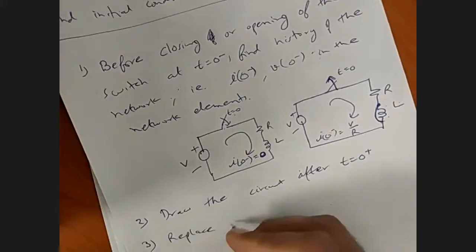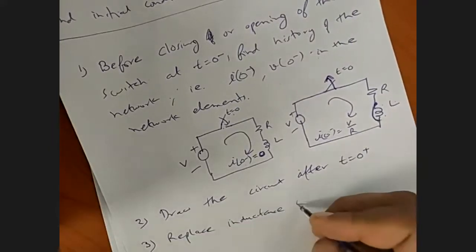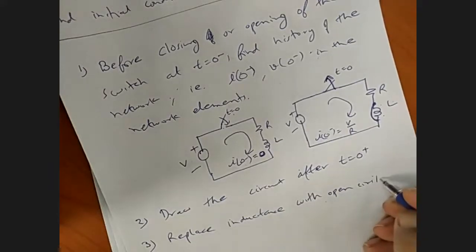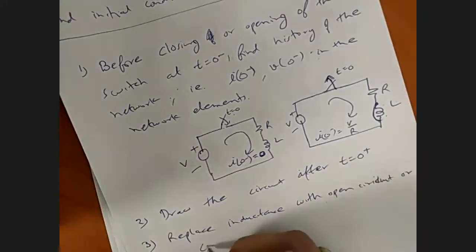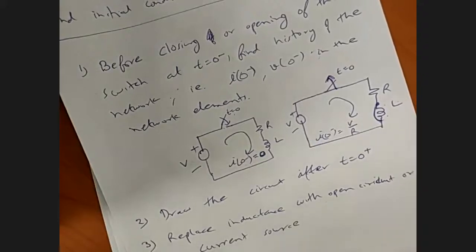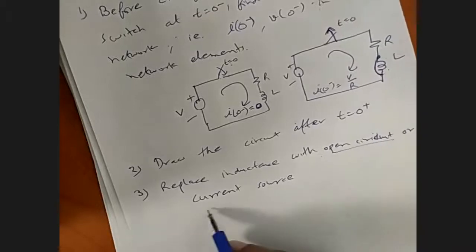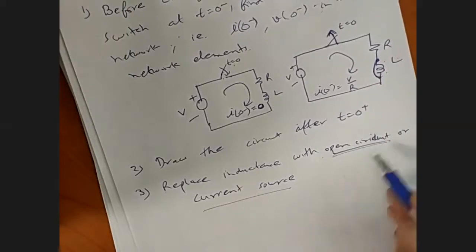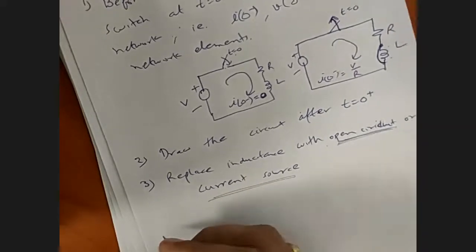Third, replace inductance with open circuit or current source. इंडक्टेंस को या तो ओपन सर्किट कर दो या करंट सोर्स के इक्विवेलेंट। अगर पहले करंट फ्लो हो रही है तो करंट सोर्स से, और अगर नहीं तो ओपन सर्किट से।